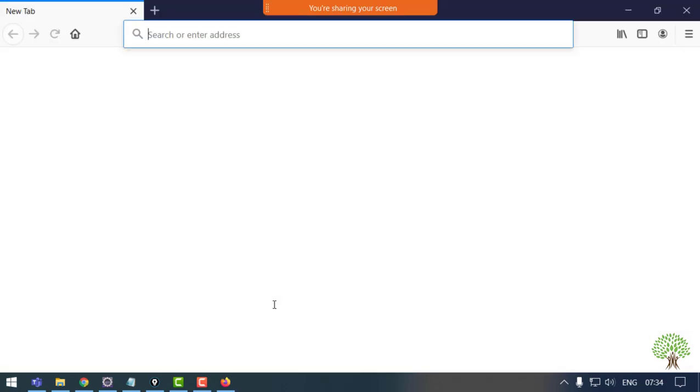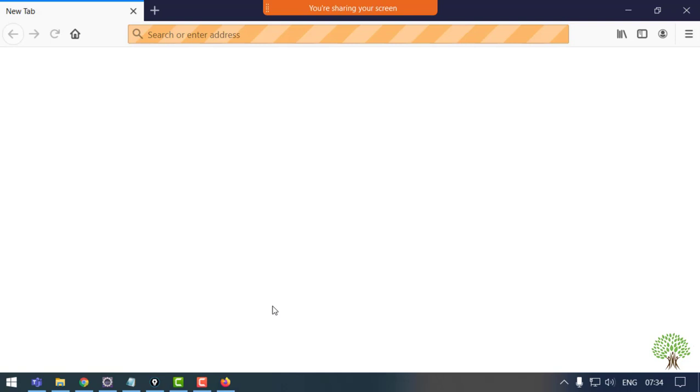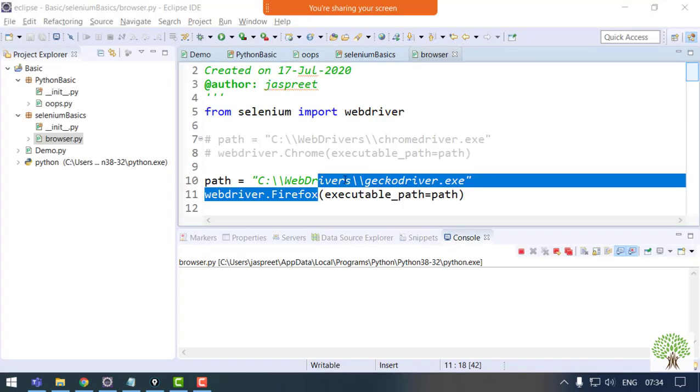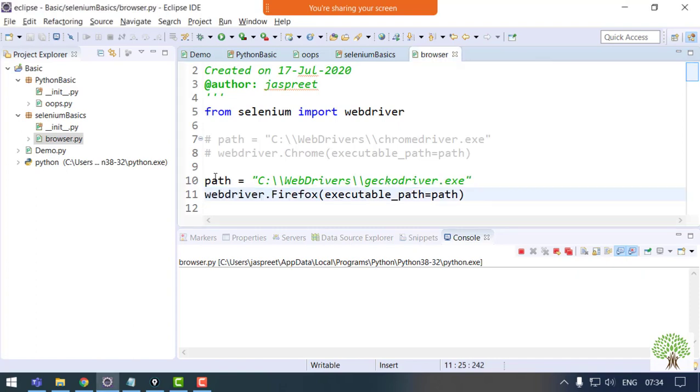In case of Mozilla, it takes some time to open up the browser instance. It takes a moment, like around 5 to 6 seconds, to open that browser. So you need not worry that your browser is not opening. It will open but with a delay. You can see for yourself that it took some delay, but a blank Firefox browser is over here in front of me. Right. So this way, I can have my Firefox running using the Selenium command.